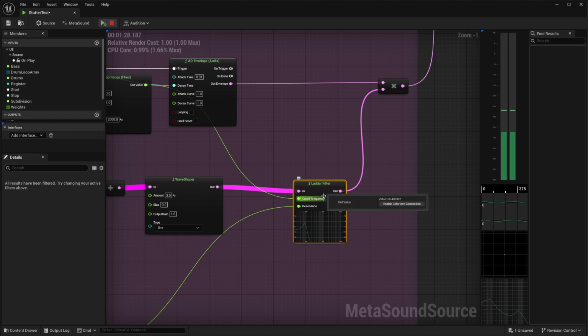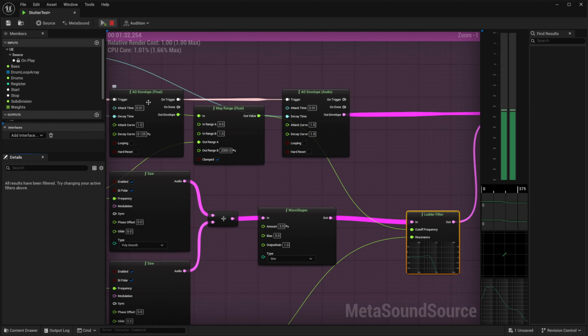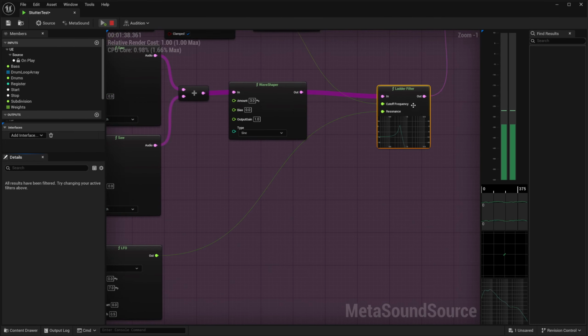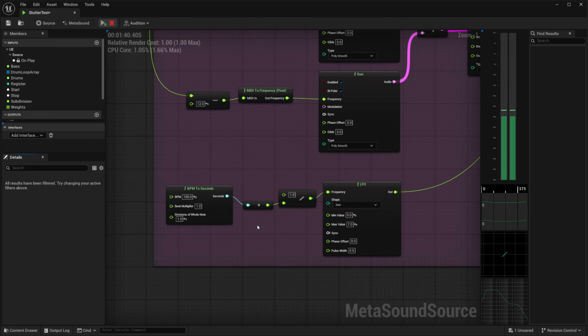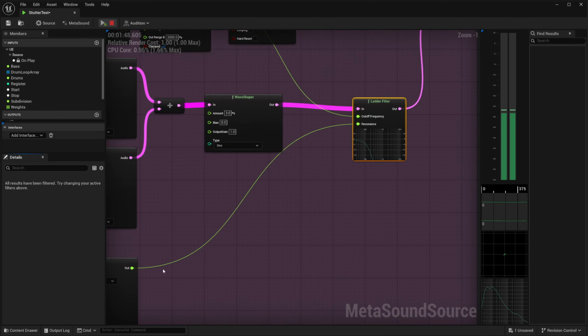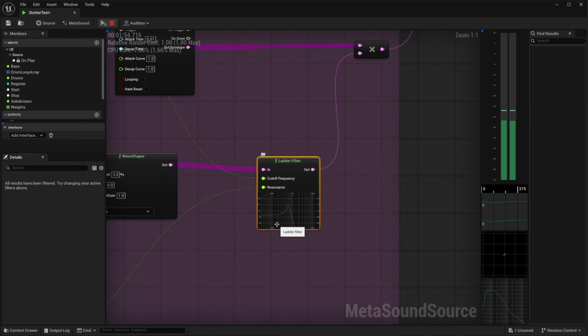And the ladder filter's cutoff is being modulated by the AD envelope. So that's part of the plucky sound. But then I also have the resonance of the ladder filter being modulated by this LFO. And the LFO is on a 1-bar cycle with a saw up ramp. And so what happens is the resonance over the single bar goes up every bar. And that creates a certain kind of effect where,